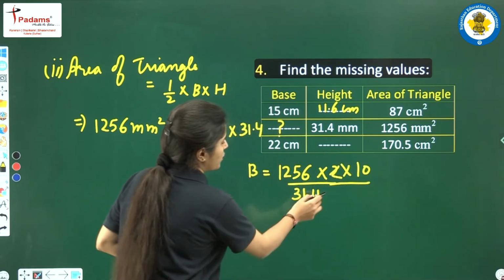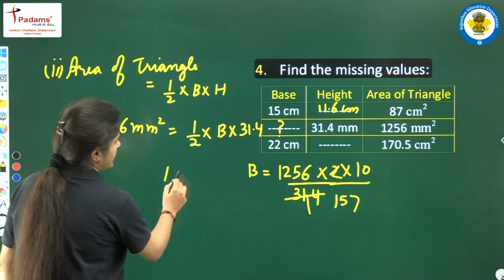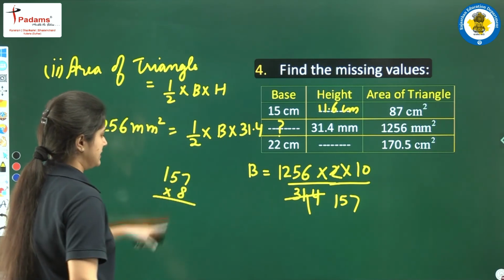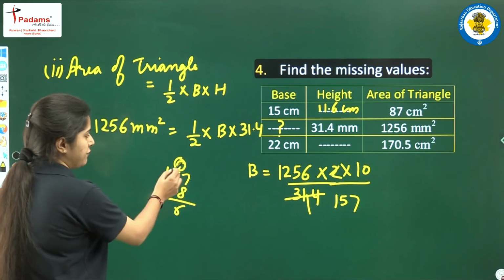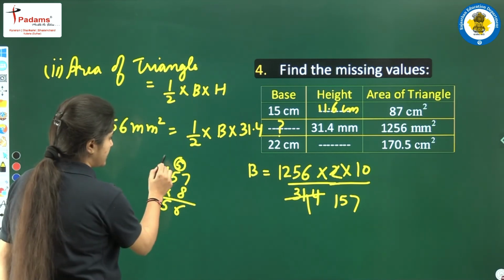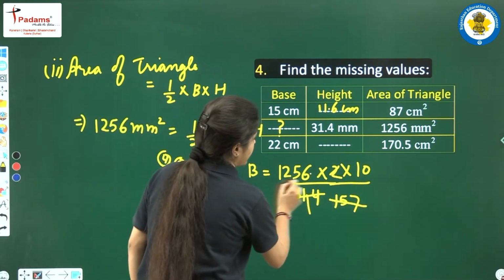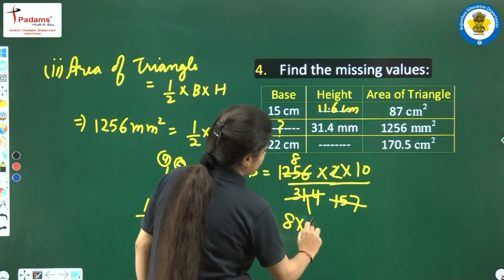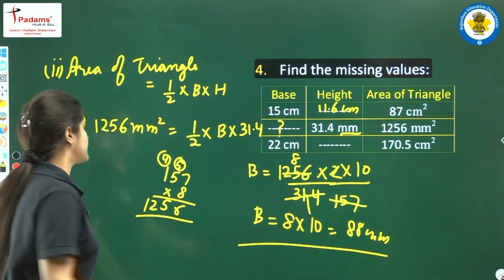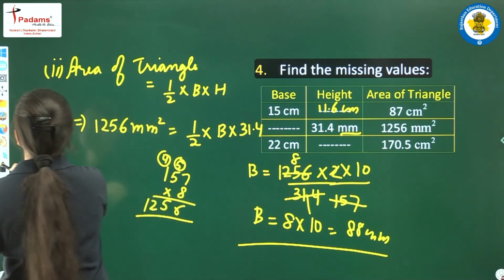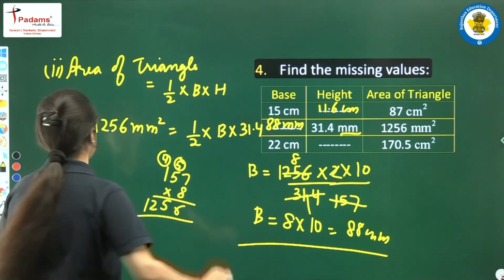ठीक है, अब 2 के टेबल पे 314 किस पे कट हुआ, 157 पे. अब ध्यान दीजिए 157 इंटू 8 किसके इक्वल होता है, 8 इंटू 7 56, 8 इंटू 5 40, 40 प्लस 5 कितना हुआ 45. ठीक है, 4 कैरी, 8 इंटू 1 8, 8 इंटू 4 8 प्लस 4 12. तो ये किस पे कटेगा, 8 पे. तो बेस कितना है स्टूडेंट्स, 8 इंटू 10 दैट इज 80. 80 कितना मिलीमीटर्स. सो दिस इज योर बेस स्टूडेंट्स. क्या वैल्यू आया बेस का, योर बेस इज इक्वल्स टू 80 मिलीमीटर, राइट स्टूडेंट्स. सेकेंड मिसिंग प्लेस हमें पता लग गया.